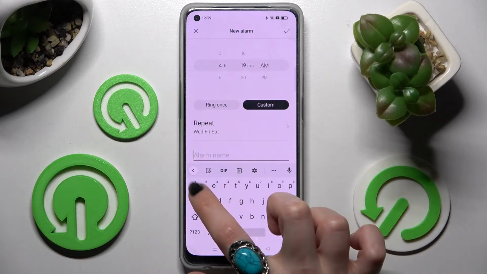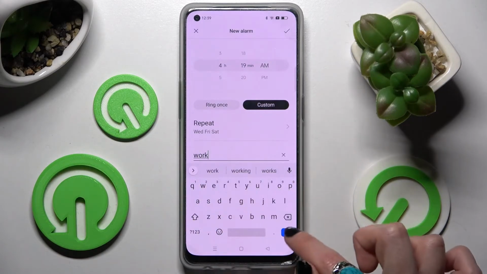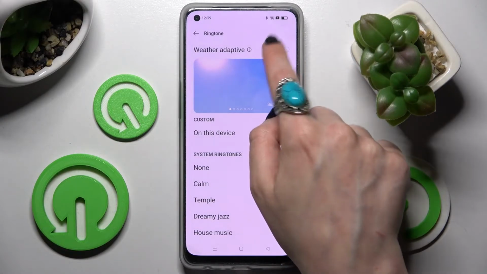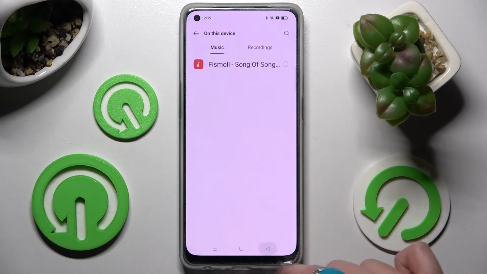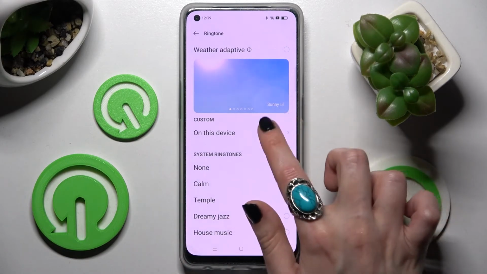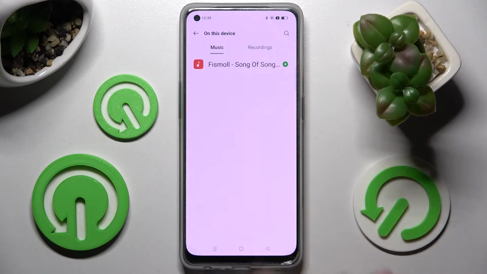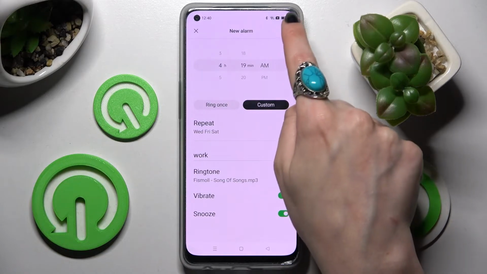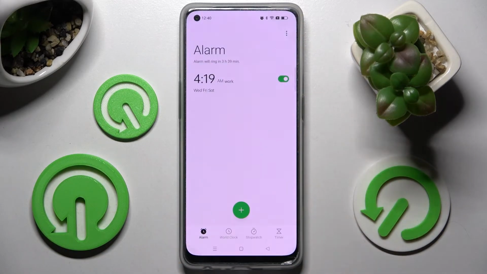on alarm name. Now you can label your alarm however you want to and click on ringtone. Over here, pick one of those melodies by tapping on the best one for you. And go back. You can always click on this device as well, select music from your smartphone and go back. Then save your alarm by choosing this check mark at the top right corner, and as you can see, my